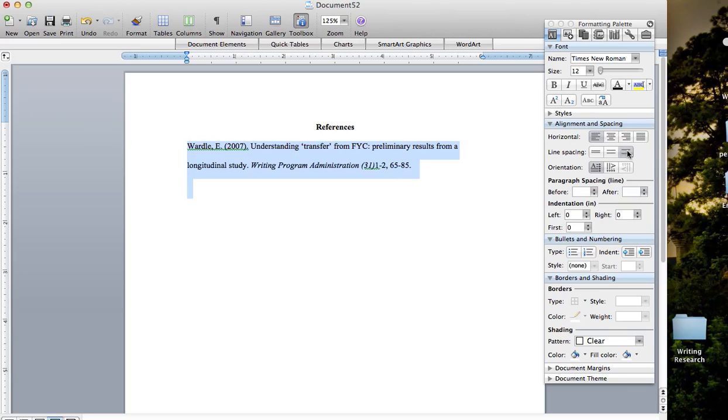So what you want to do, of course, is first in APA, everything is double spaced, even the lines of your references list. So I'm going to double space that. And you want to just use the word processing program to set everything to double space as opposed to hitting enter and trying to do it yourself,